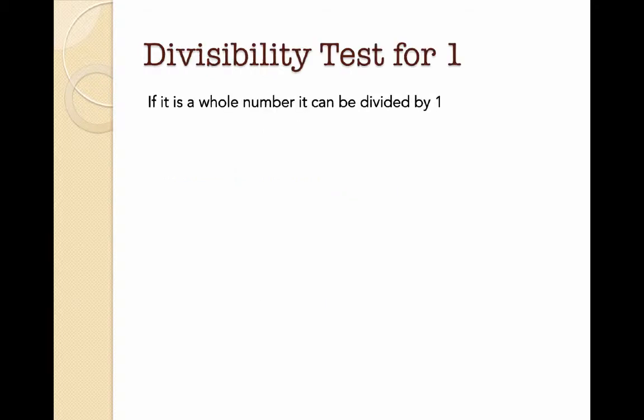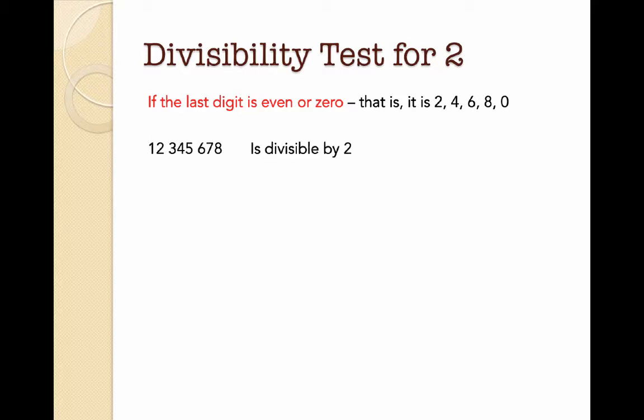Let's take a look at the divisibility tests. If a number is a whole number, then it can be divided by 1. So every single number from 1 all the way up to infinity and into the negatives can be divided by 1, as long as it is whole. That's pretty boring, so let's look at the divisibility test for 2, and this is one that you probably looked at in primary school. And that is if the last digit is an even number or a 0. And that means that it is a 2, 4, 6, 8, or 0. So I've got an example here,